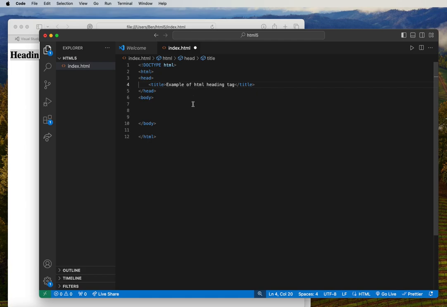Example of HTML heading tag. So we're starting from the basics. So I have the mindset of teaching every tag in HTML so you get acquainted with. So in the heading tag, which is the H tag, it actually gives us different sizes of